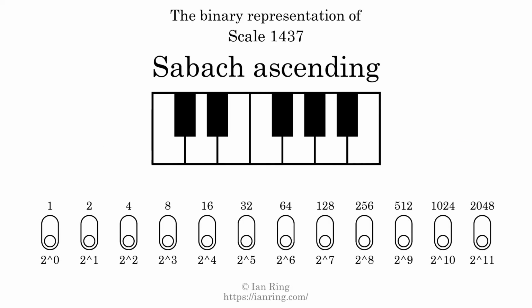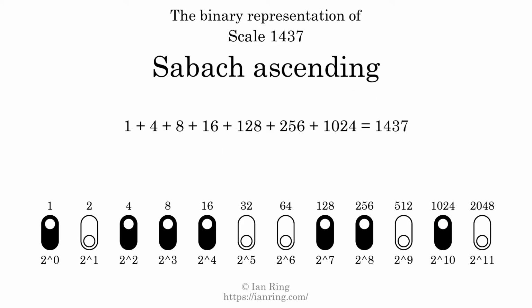The binary representation of this scale is determined by mapping tones of the scale to binary digits. Each binary digit represents a power of 2. To get the scale number, we add the powers of 2 together. The powers of 2 that are present in the scale, all added together, equals 1437. That is why the scale number, in decimal, is